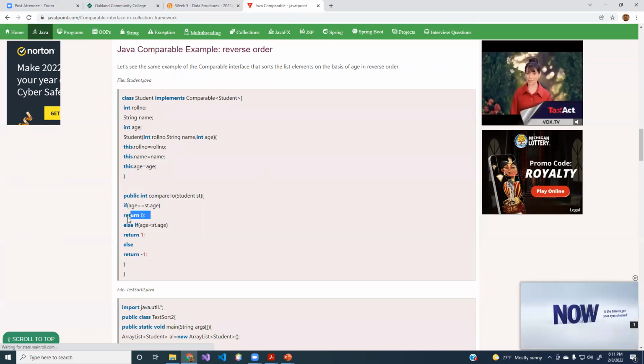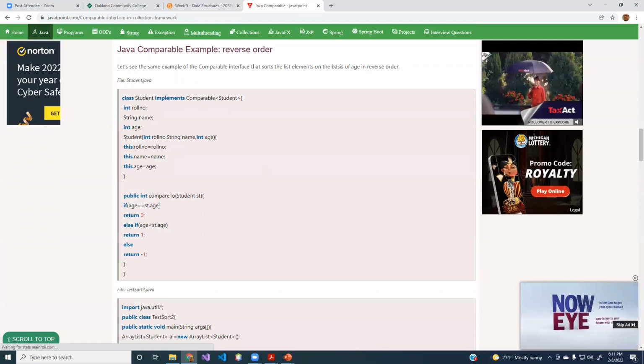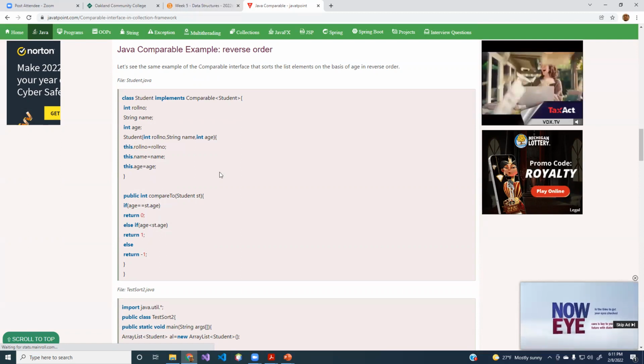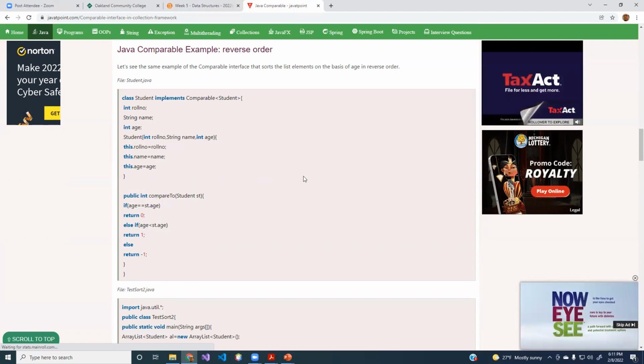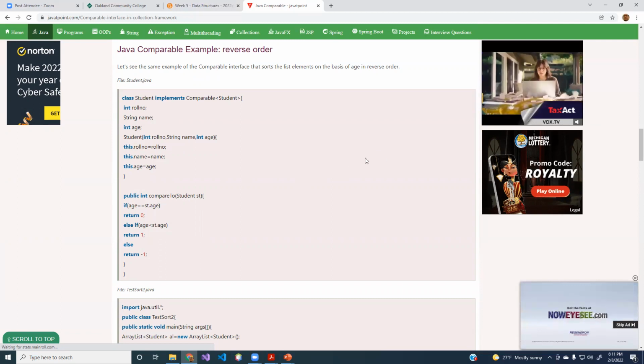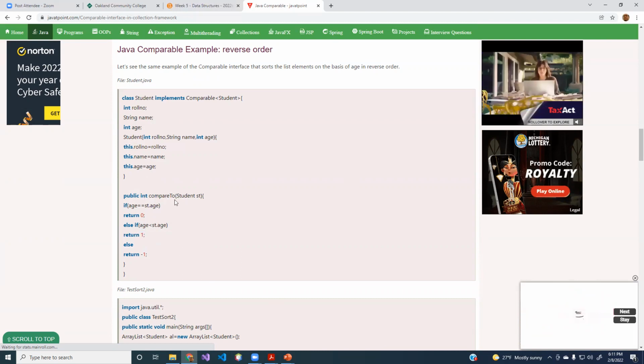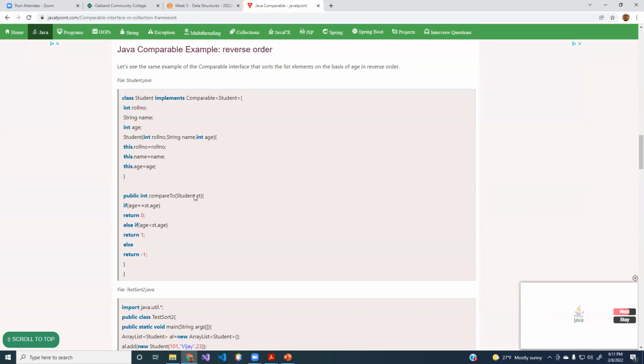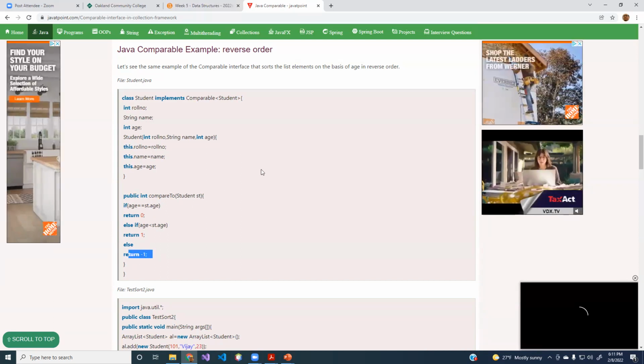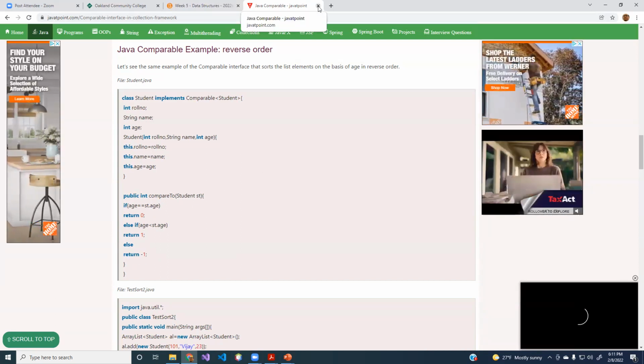If the employees are equal, you return 0. If I say emp1.compareTo(emp2), when I actually call it, emp1 is the calling employee or the calling object. So if that one is greater than the one passed in as an argument, you return 1. And if the one calling the compareTo method is less than, whatever that means, the other employee, then you return -1. Now I'm going to fill in the